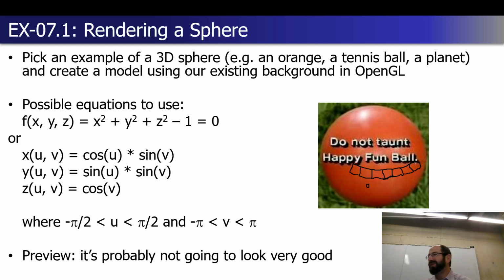So you have this u and this v, or this phi and this theta. You have a range for both of them. What we don't have is how discrete we want those to be. Do we want big triangles or little triangles? No matter what you choose for the number of steps to get around the sphere in either dimension, what you have is basically a double nested for loop for generating your vertices. For i is negative pi over 2 to pi over 2 via some step, and for j equals negative pi to pi via some step, do a GL vertex or generate the next entry in a vertex buffer object